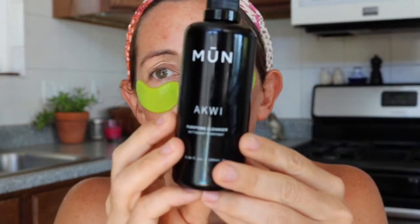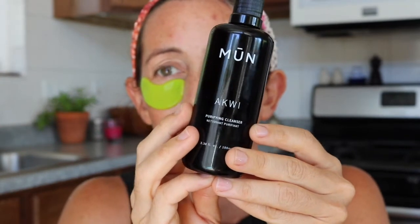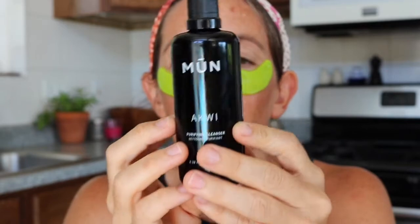I finished up my beloved Moon Aquavie Purifying Cleanser, and of course I have a backup, and opening the fresh bottle was so exhilarating. I love this stuff. I think I'm going to keep the bottle because it's that black mirror on glass. I'm going to do something with the bottle. And actually, now that I'm thinking about it, they recycle these. So I think if you send back a certain amount of products, then you get a free sample of something. So I'm going to be sending this back. I don't know if they reuse them or...